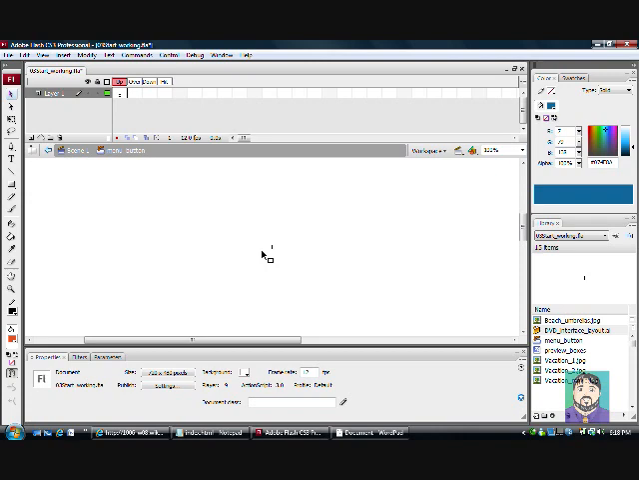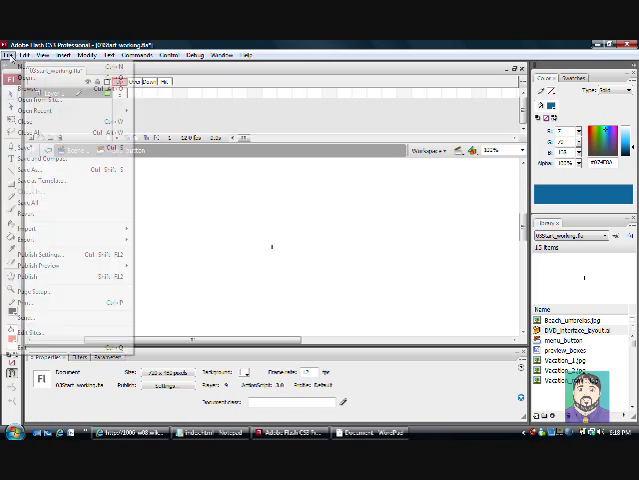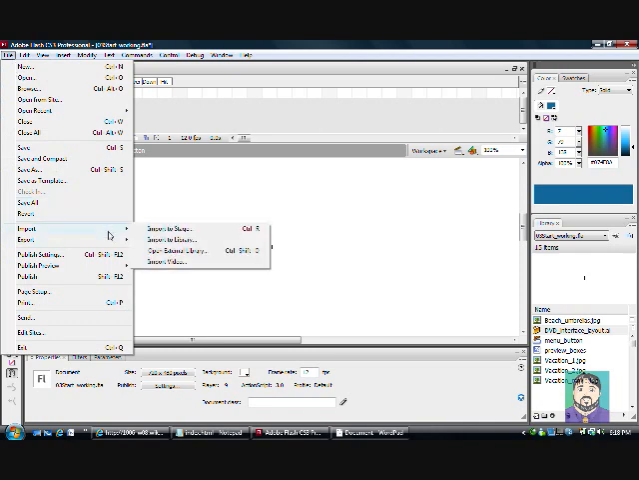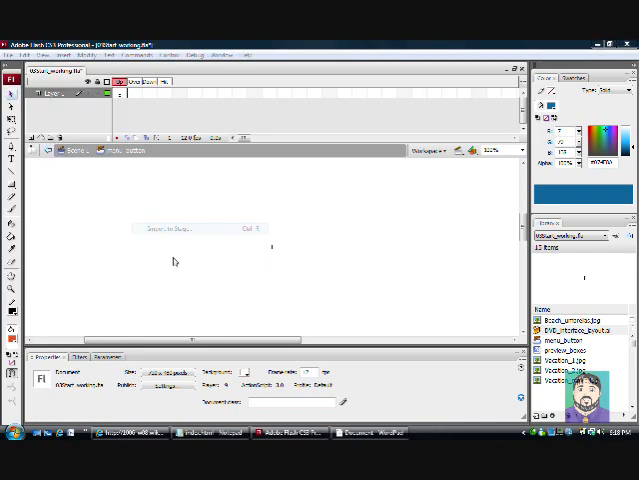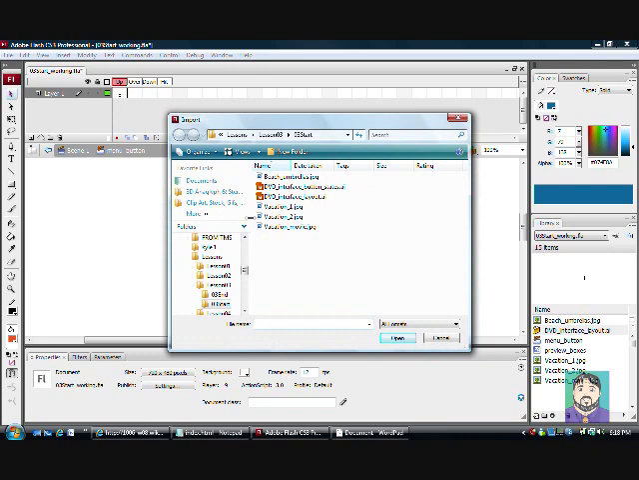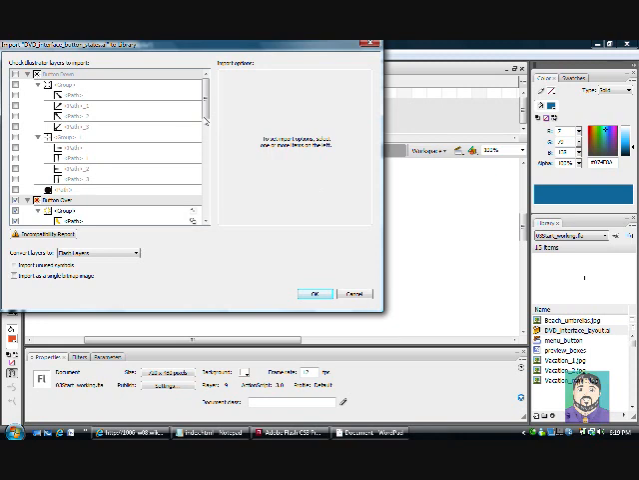Alright, now normally I would draw a button or something here, but what we're going to do here is actually import pictures for each of these button states. Okay, so I'm going to go to File, Import, Import to Stage, because our stage is here now, and we're going to be looking for the button states in O3 Start. Selecting all layers,